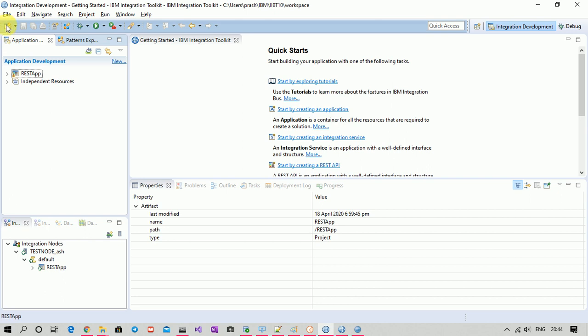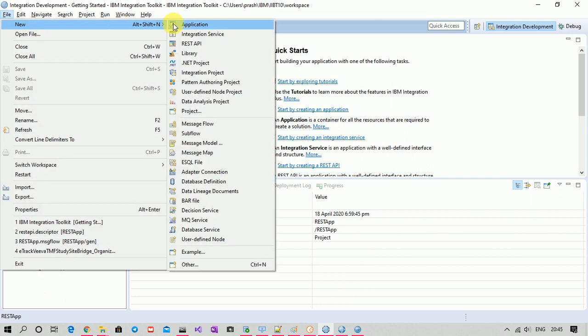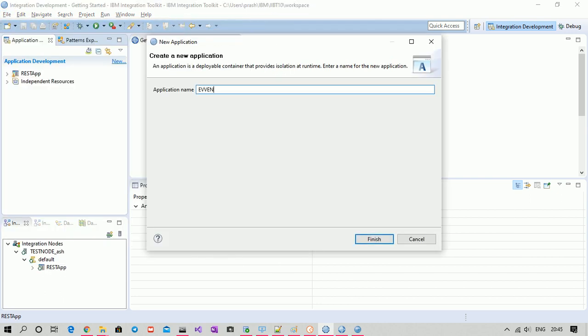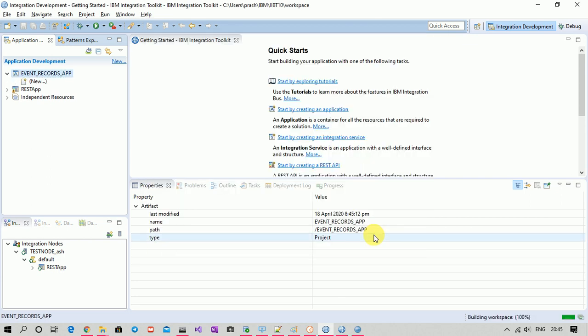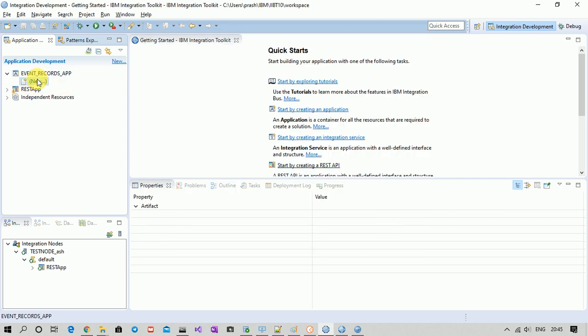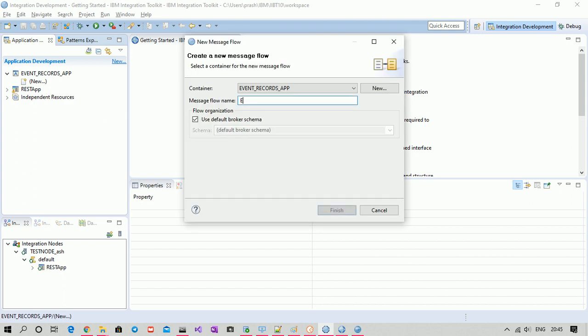Okay, so let me name it event code app, finish. Message flow.